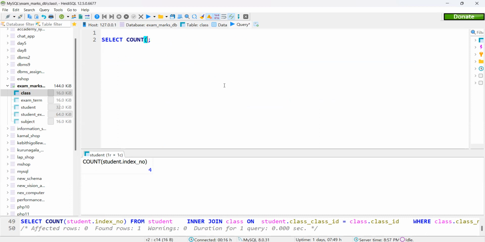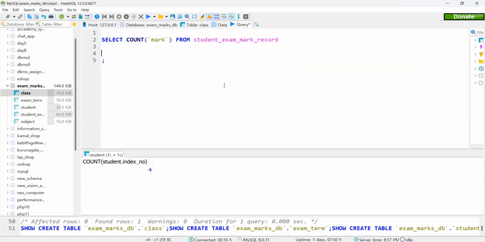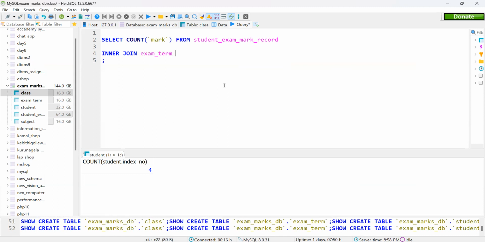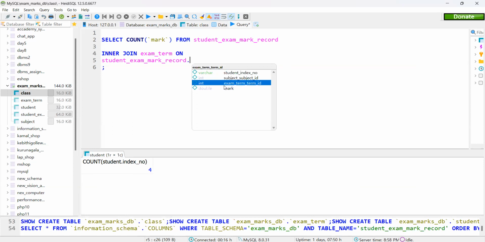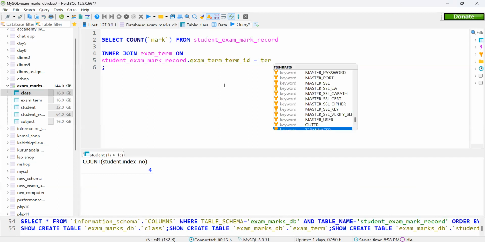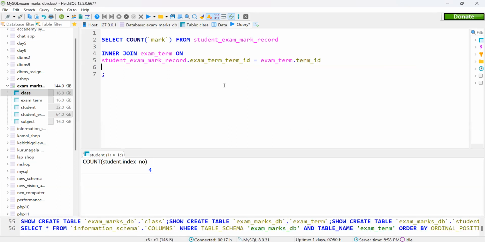We say count with our marks, and from our student mark record, and we have to join our term table, join our term, and on student mark record term ID to our term ID,